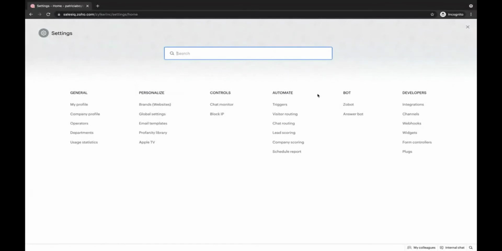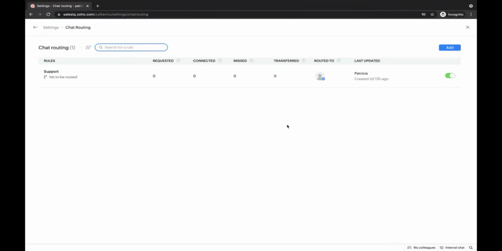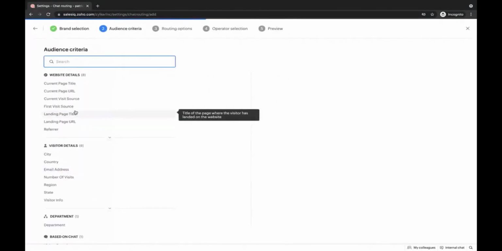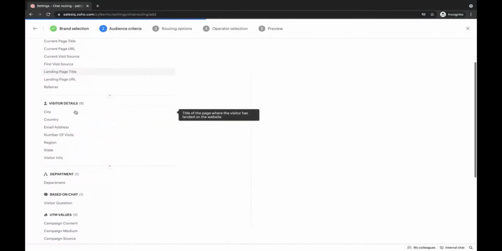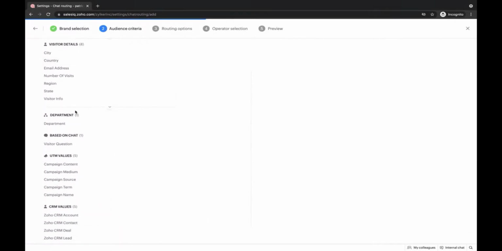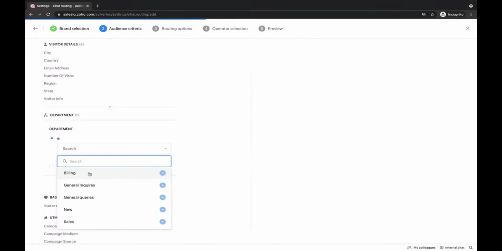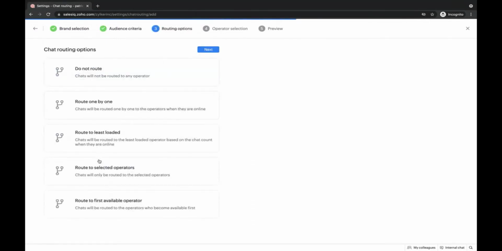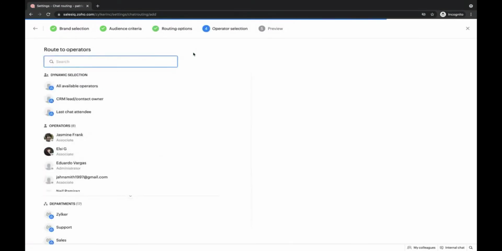I'm navigating again to settings, and under Automate, I have chat routing. Here I'll click on add, and then I'm just going to choose a website, and I will choose a condition here. Let me say department. Say, for example, someone wants to contact support. So again, I have chat routing options. Let me choose route to selected operators and click on next.